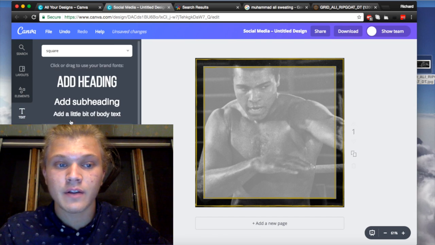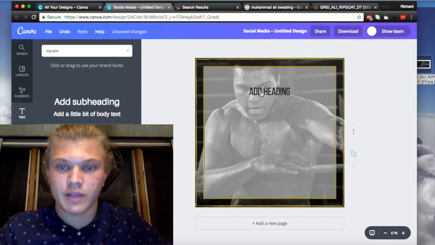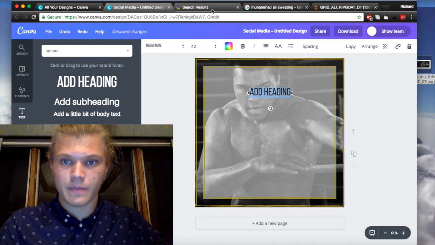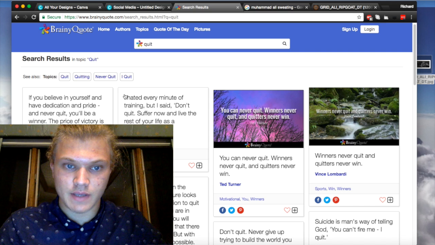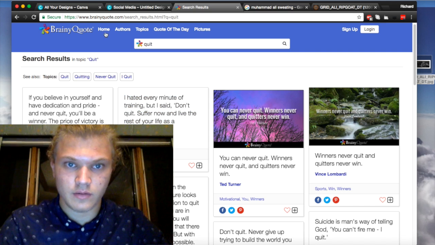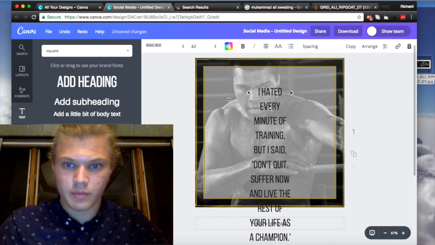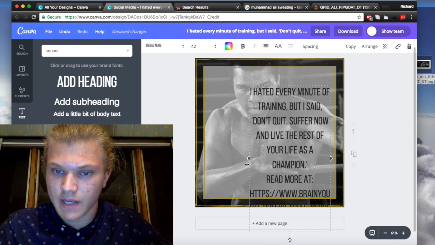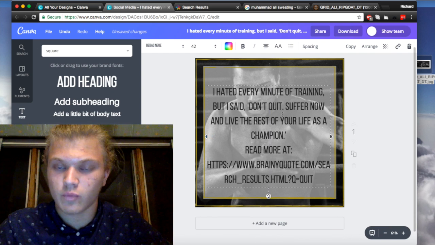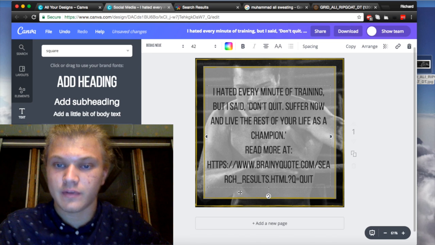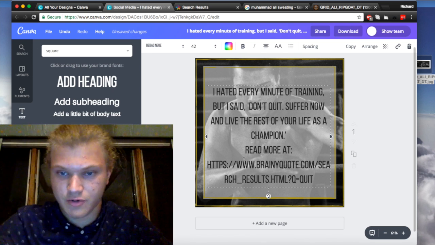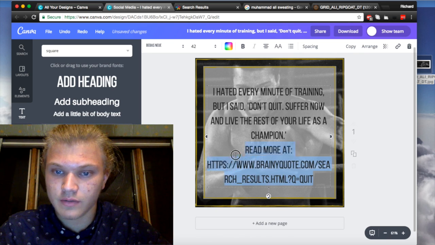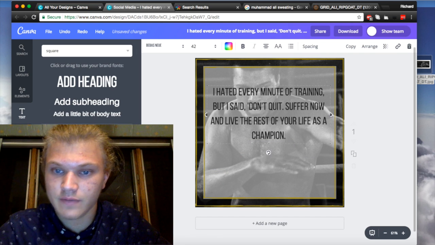Now we're going to go into text. We're going to drag over some plain old text. It doesn't really matter because we're going to change it. I think I have to re-highlight this because I copy and pasted the gold. We're going to paste that in there. You have to take these little knobs on the sides and drag it to your appropriate size. One bummer about Canva is you can't really adjust it horizontally to make it shorter, or vertically, I guess. So now we're going to delete this, the little ads from them.